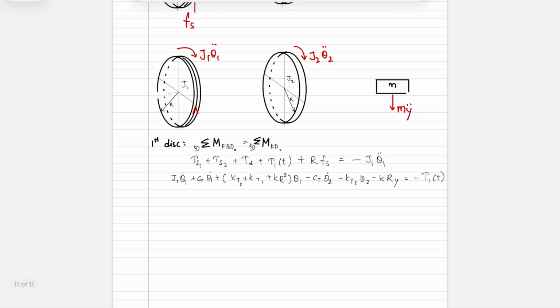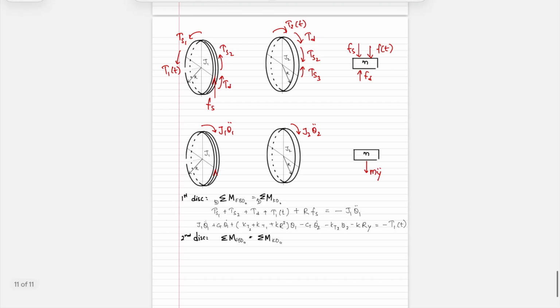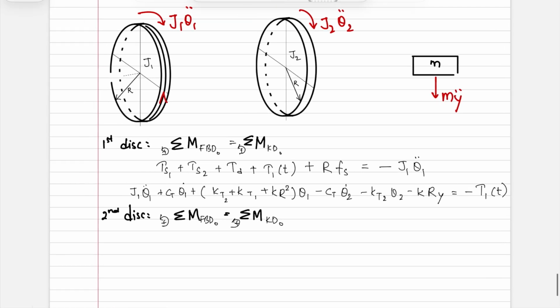Now for the second disk, you have the same approach. Let's say I take this direction as positive. I would then get,